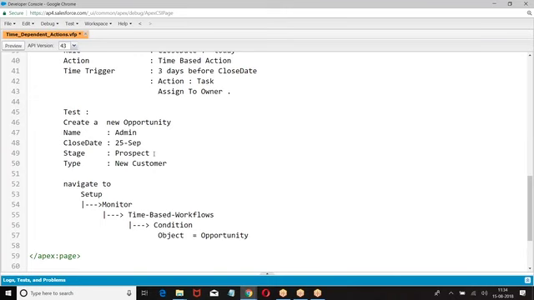So time-based action. The action will be scheduled at a particular time. You have to go to the time-based workflow queue and see what the status is. Time-based workflow queue and track the status.